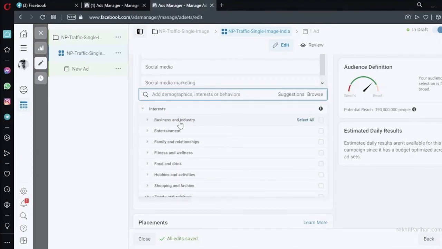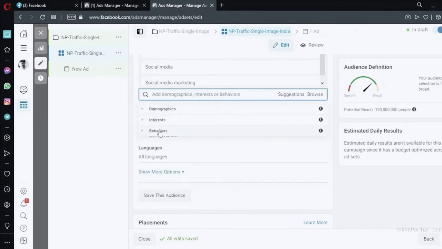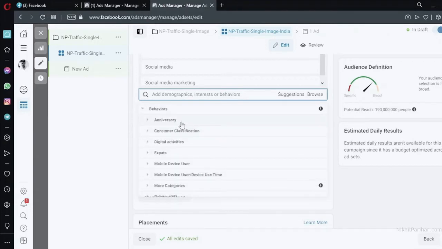Interest: what is their interest, if they are interested in fitness and wellness, entertainment, hobbies, shopping, all those options you have here. And behavior is also another option: what they are doing online, if they are buying online, booking tickets online, traveling frequently to international or domestic regions. You can also target people based on that.